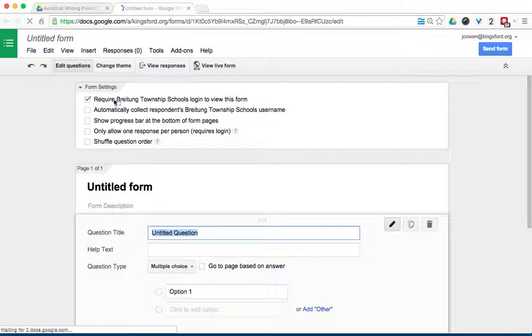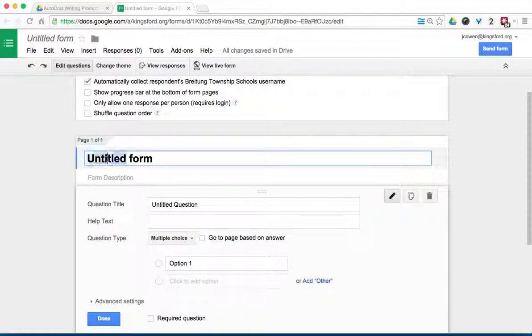Now you guys can go in here. You could require a student login, so they have to log in with their school email. You could not require that. It's up to you. All right. I'm going to turn that on, and I'm going to collect their username just so I know which kid is doing what. So this could be writing prompt